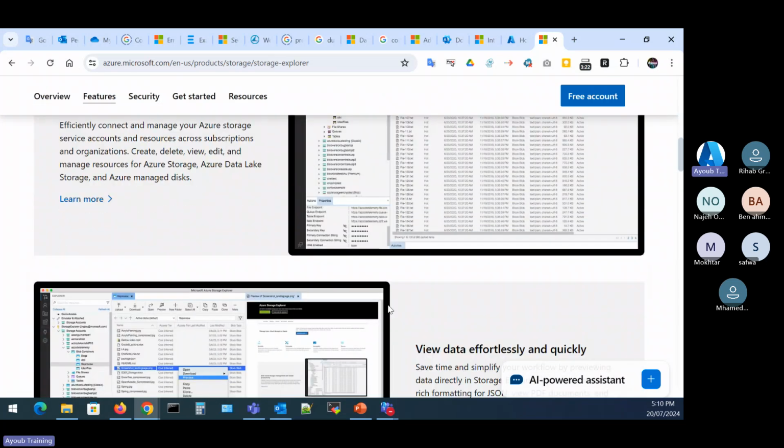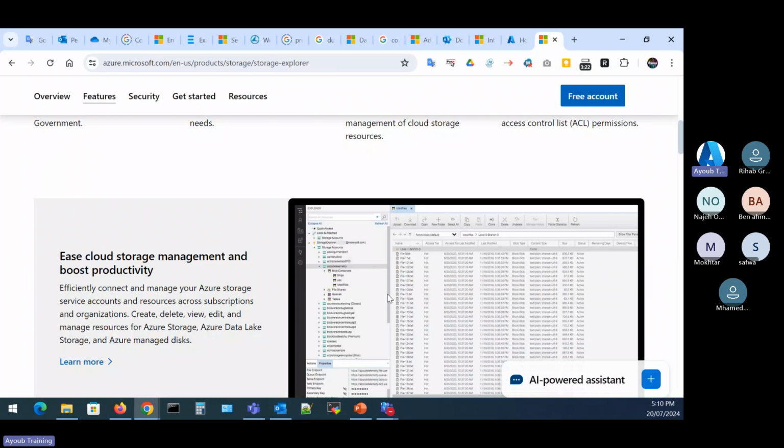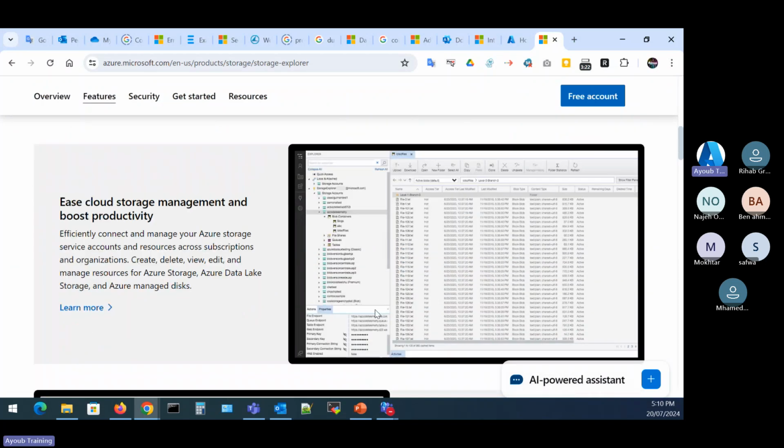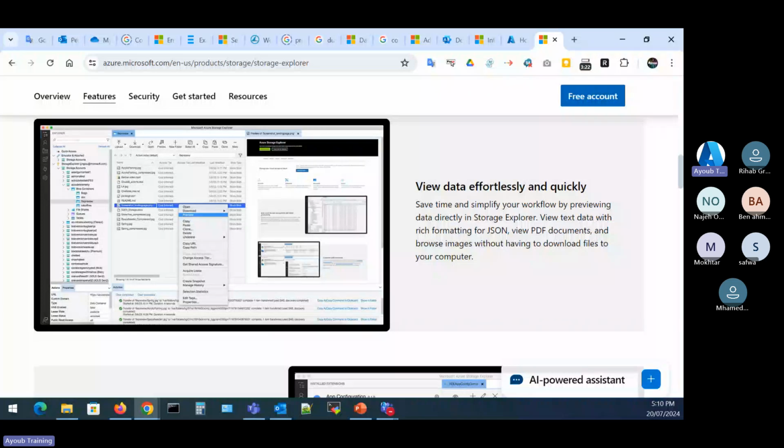So you can explore all your accounts from one place, and you can delete them also. I installed it, but I don't know why it's not working. You know, when you test, yeah,